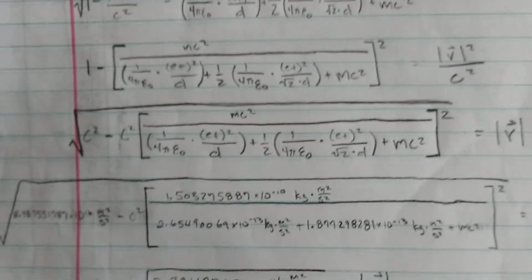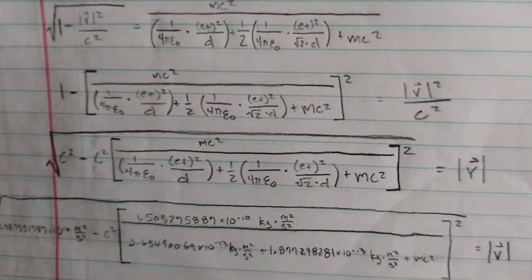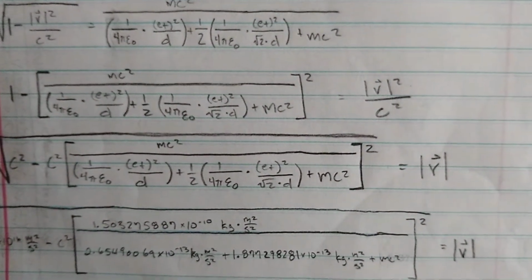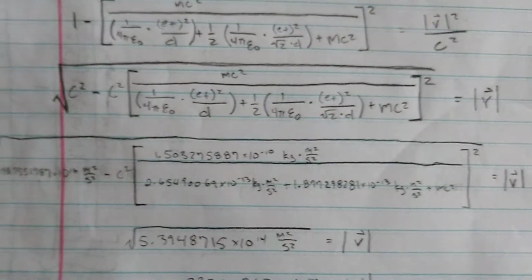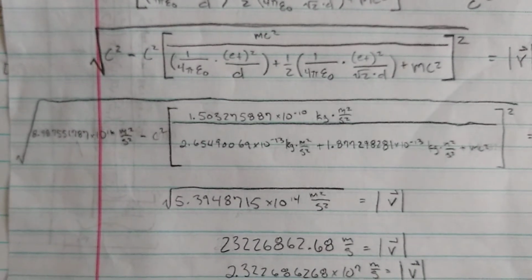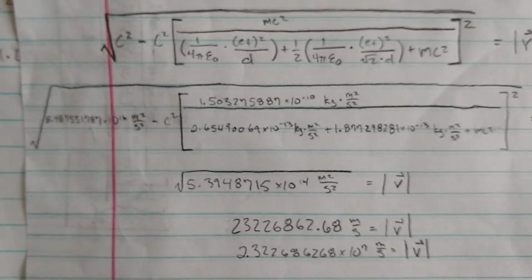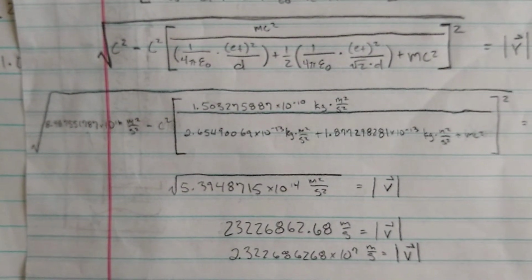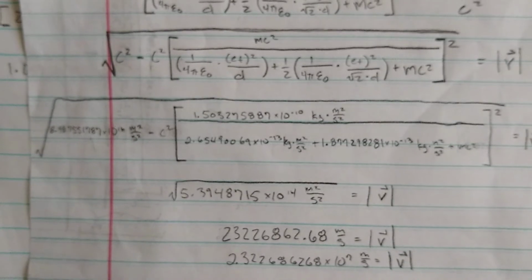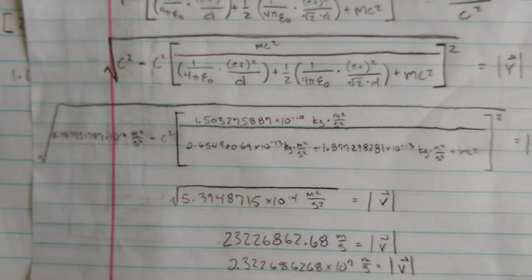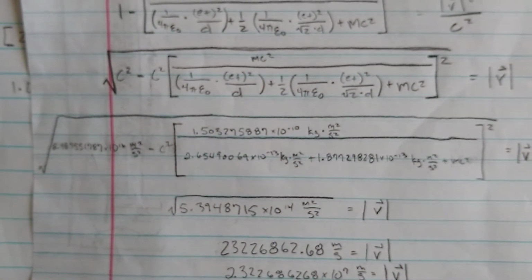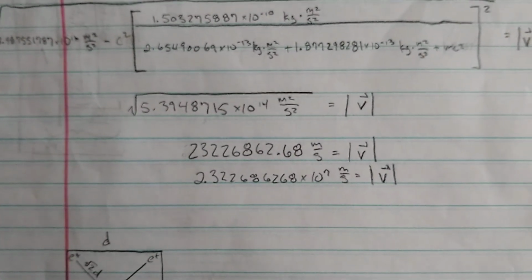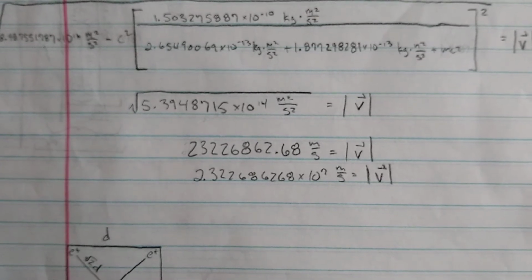I solved the equation. It's pretty complicated for a velocity vector, and I replaced the distance between one proton apart, and the mass of a proton for the mass part of this equation. And anyways, we get an answer that's now 2.32